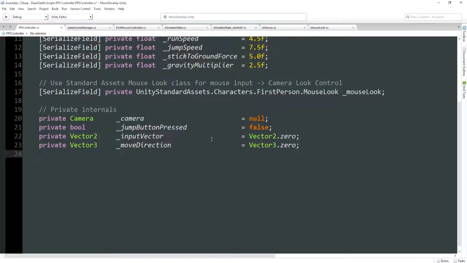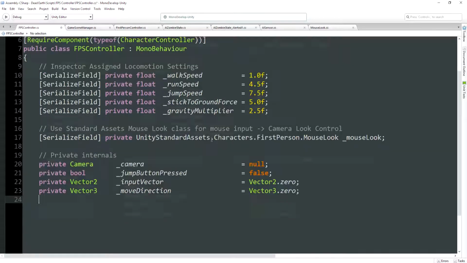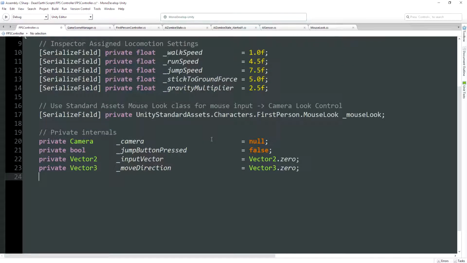Ultimately, we're going to be adding sound effects when the player lands on the ground, such as the boots hitting the floor. So we know already that our character controller has an is grounded Boolean property, so we can always find out whether the character controller is currently on the ground. But in order to figure out whether it's just landed, we need to also record what it was previously. In other words, if in a previous fixed update it wasn't grounded, but now it is grounded, we know it's